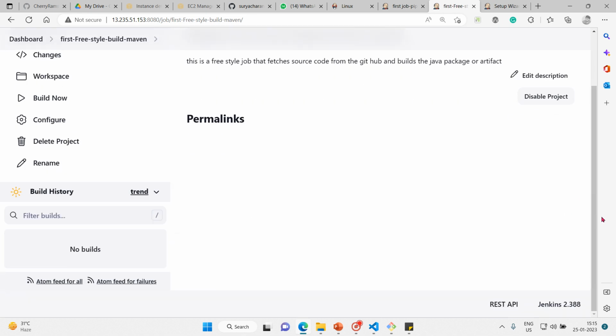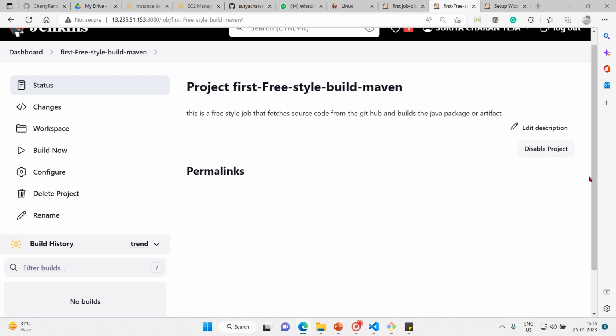pipeline. So this is our freestyle project. First freestyle build maven project. So now, what it does, our job really contains two things. First one is fetch the source code and run mvn install. So once you see this, you will come into the job section over there. So let's